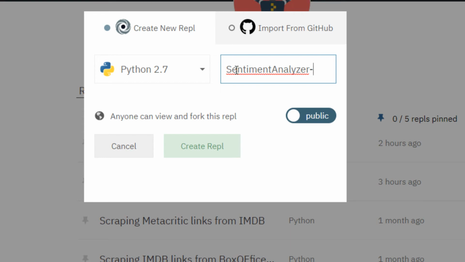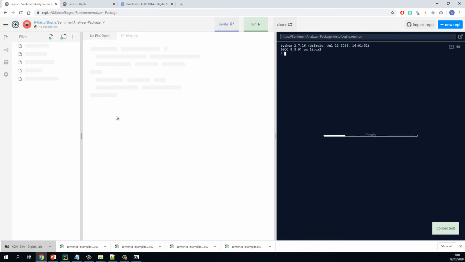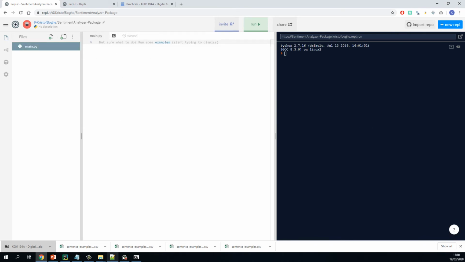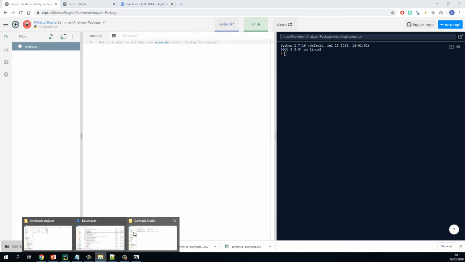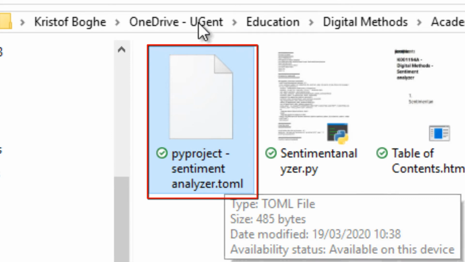Let's say package or whatever, doesn't matter. Create a new REPL in Python 2.7. Okay, great. Now what I want you to do is, again, go to the TOML file that you have downloaded,